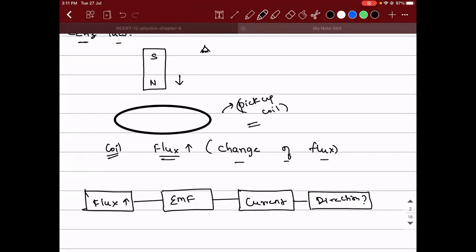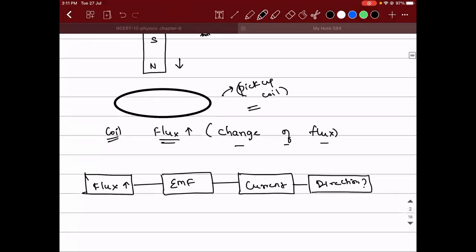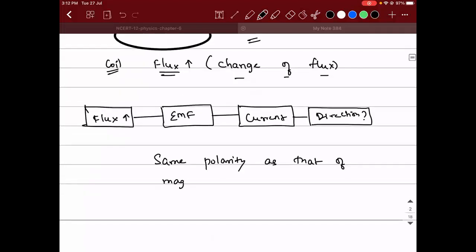So if the magnet is moving towards a pickup coil in a way where there is an increase in flux taking place, then the current will get induced in such a direction that the same polarity will get induced. So when I say same polarity as that of magnet